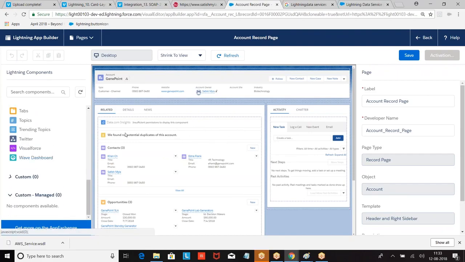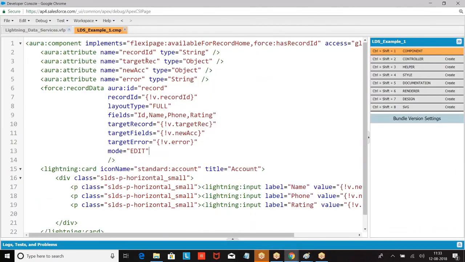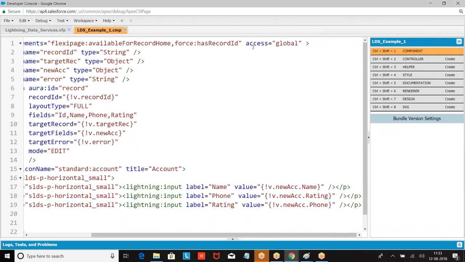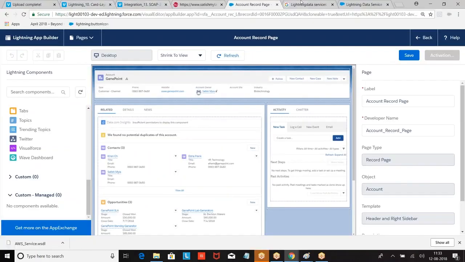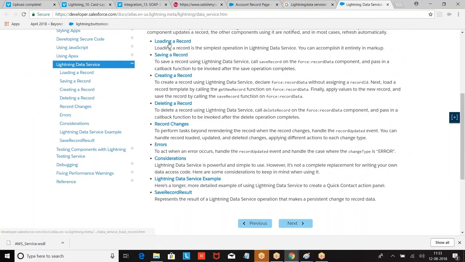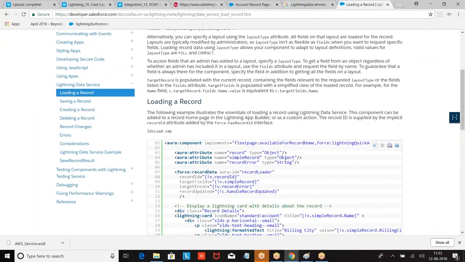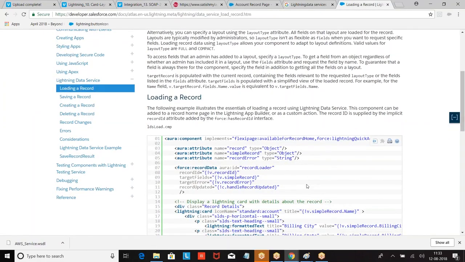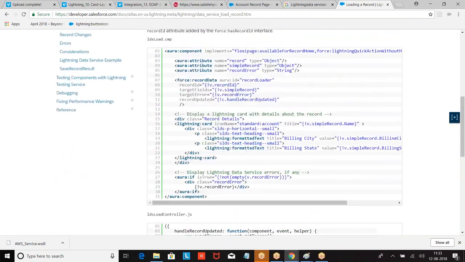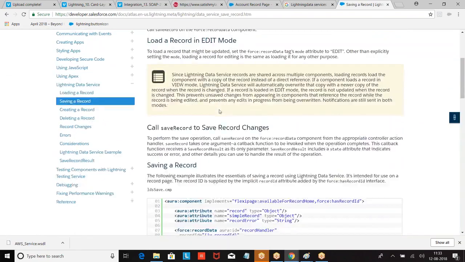Our component should be available here. Okay, let me check. It should be available for the component there. Loading a record. Implements flexipage available. Quick action we don't need because we are not creating any button there.